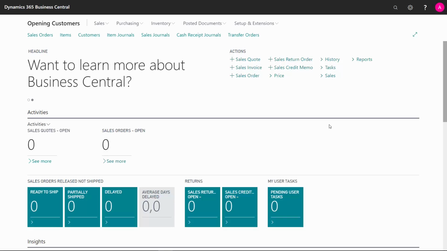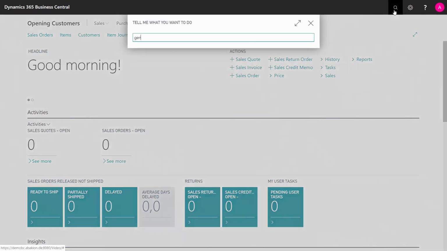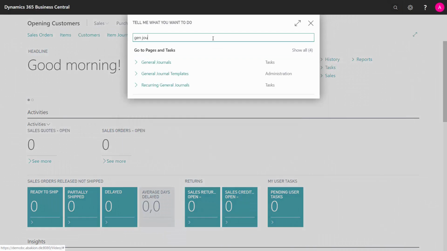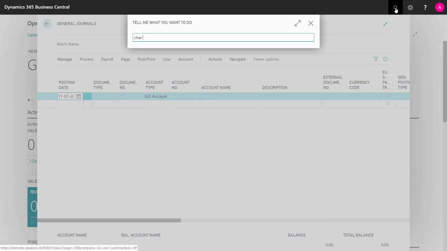When I go live with my new Business Central solution, of course, I would like to import my open customer ledger entry to be able to apply them later on when they are paying. Therefore, I will go into my general journal, and the strategy for doing this opening would be that I will post my customer on one hand and the customer account on the other hand, meaning that the chart of account goes into 0. So first of all, let's just look at the chart of account shortly